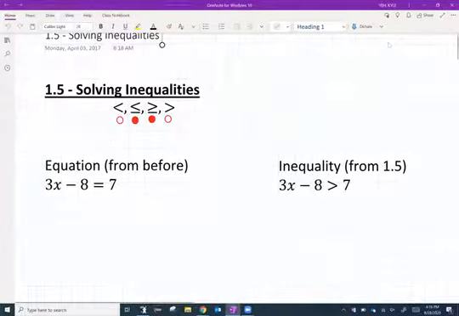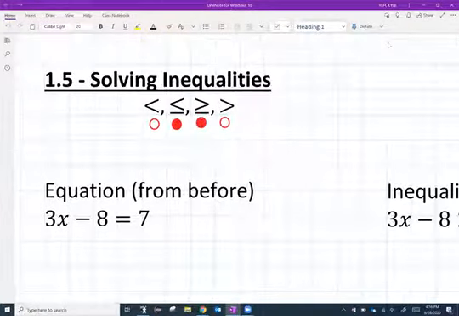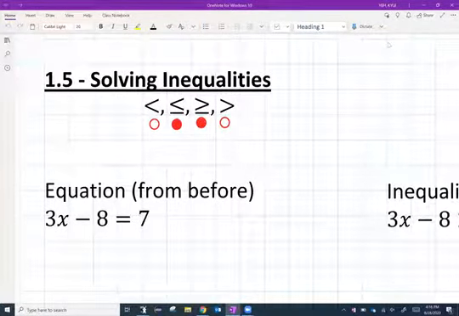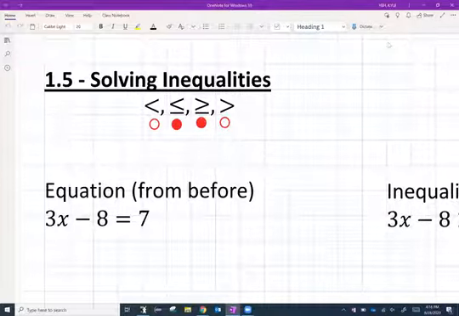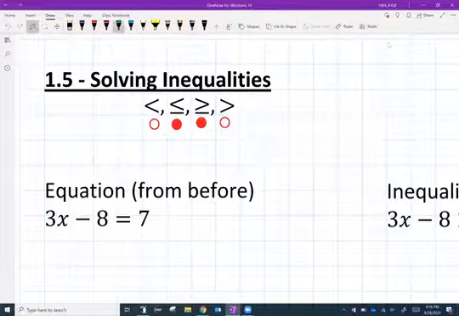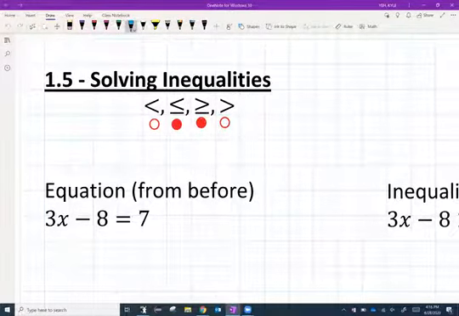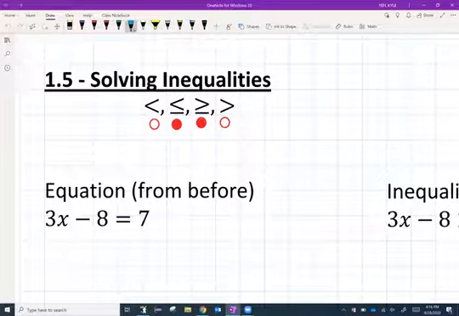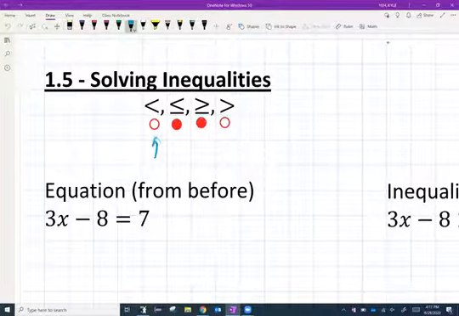Okay, so solving inequalities. I have a few symbols here on the board. These are relational operators, so you should probably recognize them. The first one being less than, the less than symbol, followed by less than or equal to, greater than or equal to, and greater than. And so these dots underneath,